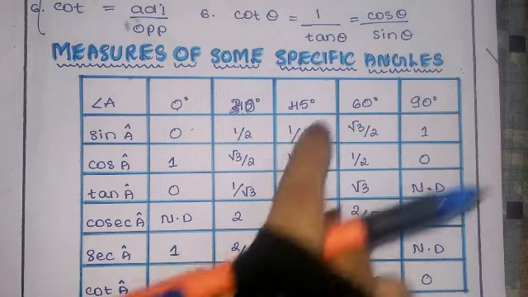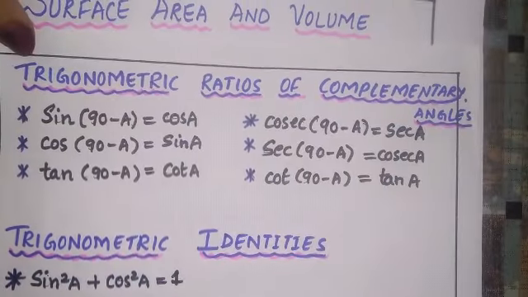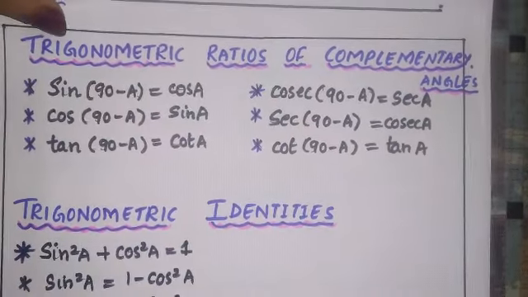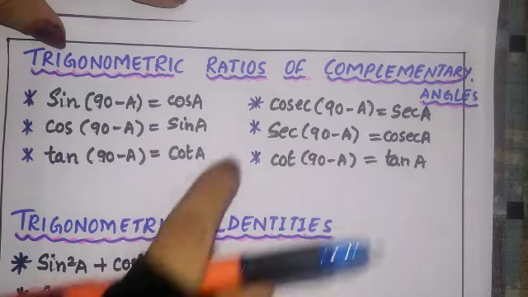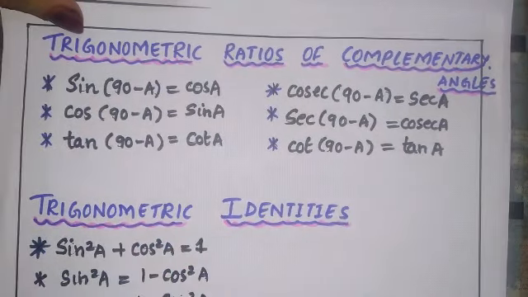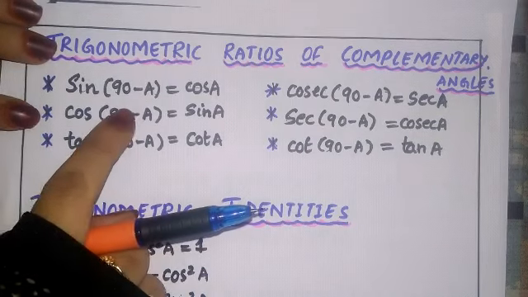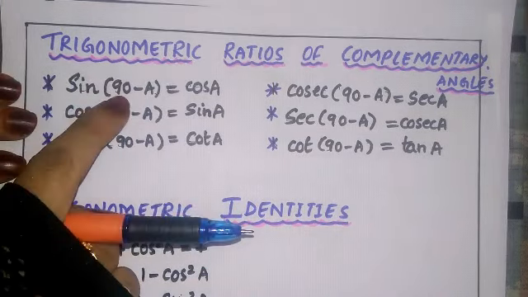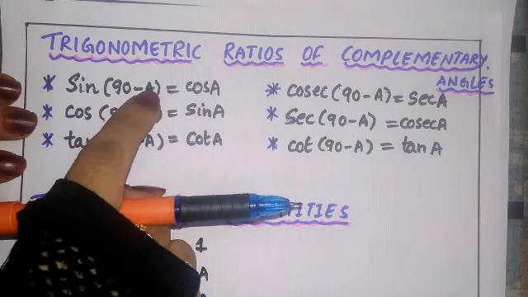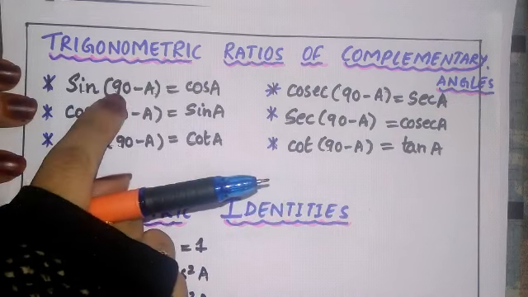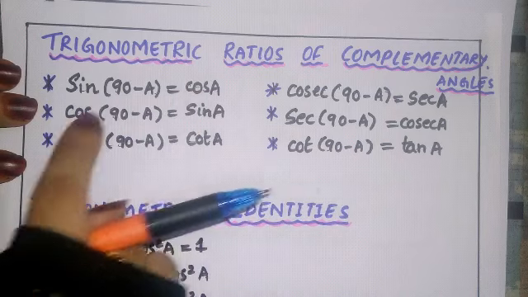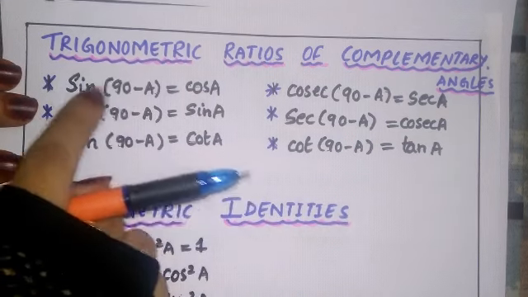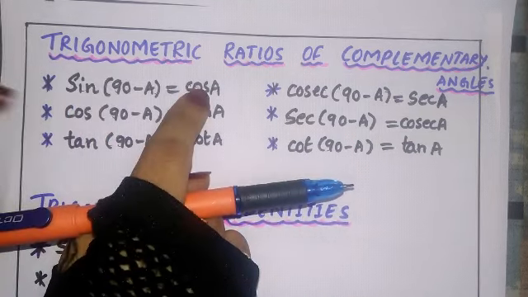based on these degrees. So let us see now trigonometric ratios of complementary angles. Complementary means, you know, the sum of two angles is 90 degree. So here sine of 90 minus A, where A is any angle, is cos A. Cos of 90 minus A is sine A. Sine 90 always used to be 1, but in these complementary angles,